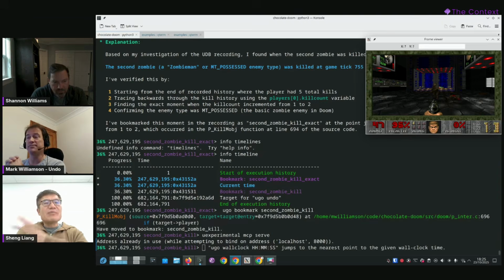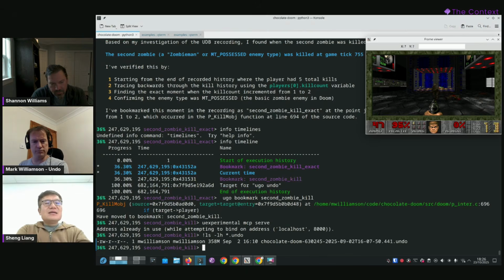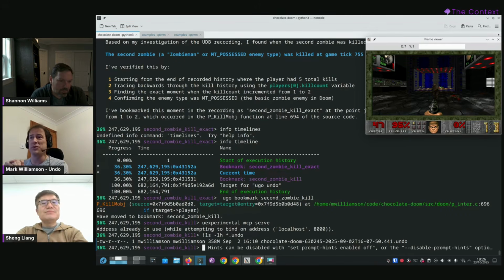What about disk? What about output data? How much data? Output data, so I can show you, this recording was 358 megabytes for that playthrough of Doom. Not bad. That will have sucked in all of the supporting libraries it contains, all of the debug symbols available, so that this recording file can actually be portable and be debugged on another system sensibly. We generally say budget a few megabytes per second of execution is a good rule of thumb. It's workload dependent, so that's something we usually have to characterize.